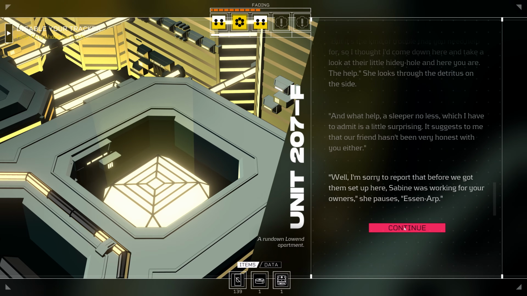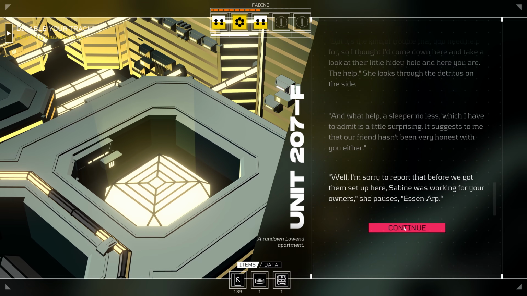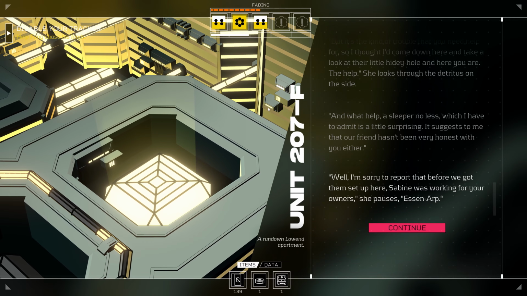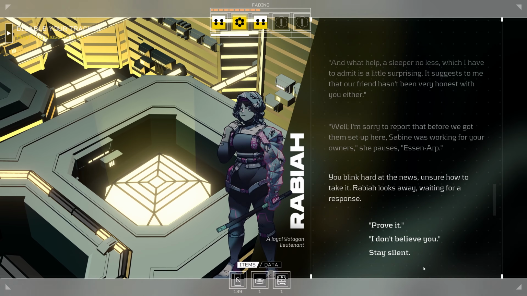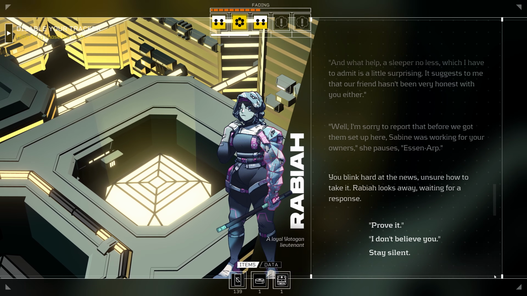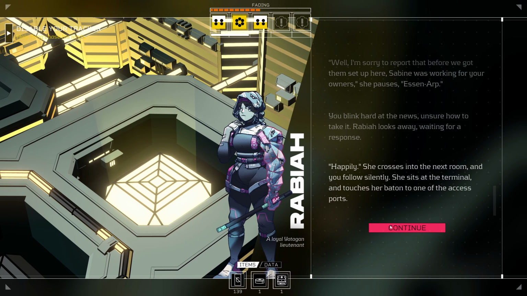What do you mean? Well, I'm sorry to report that before we got them set up here, Sabine was working for your owners. She pauses. Essenarp. She's apparently disappeared. You blink hard at the news, unsure how to take it. Rabiah looks away, waiting for a response. Prove it. Happily. She crosses into the next room, and you follow